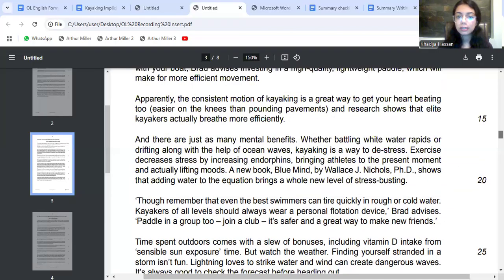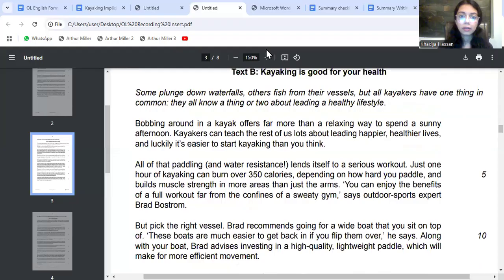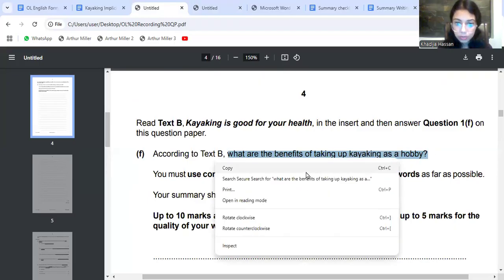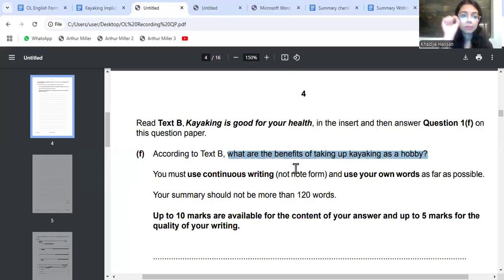Right. So once you've read the insert, you can go see the prompt again. What are the benefits of taking up kayaking as a hobby? And then what you're going to do is start underlining and numbering the points in the passage, right? So we are looking for at least 12 points. In your summary, you will be writing a minimum of 12 because